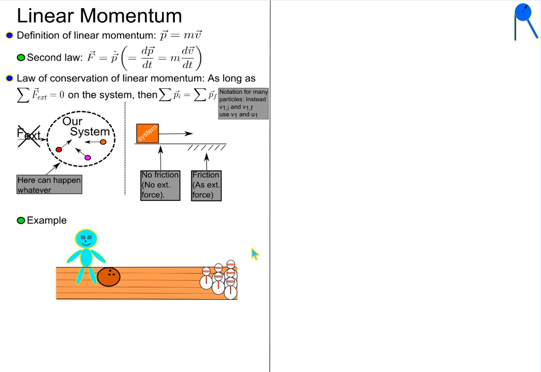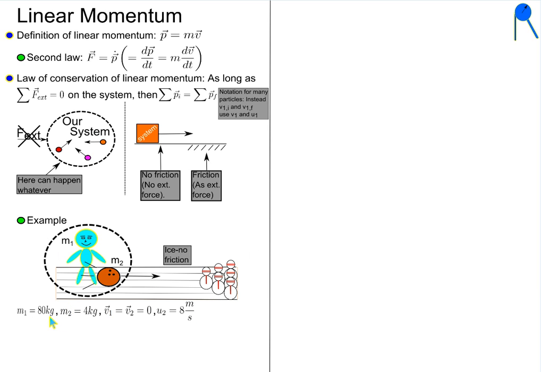Example. You are holding a bowling ball. You are m1 and the ball is m2. Suddenly, you give it velocity in a direction. And let's say you are on ice, so there is no friction whatsoever. We define you and the ball as the system. So let's say your mass is 80 kilograms, and the ball's mass is 4 kilograms, and at the beginning you are holding the ball, and everything is steady. When you throw the ball, what will happen to you? Will you move? By the law of conservation of momentum, we understand that yes, you will move,